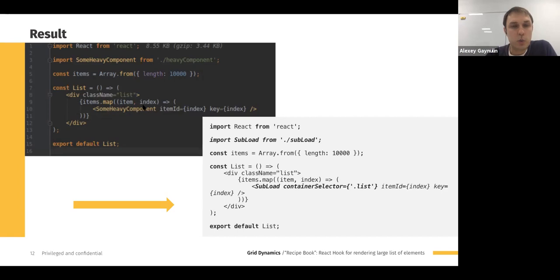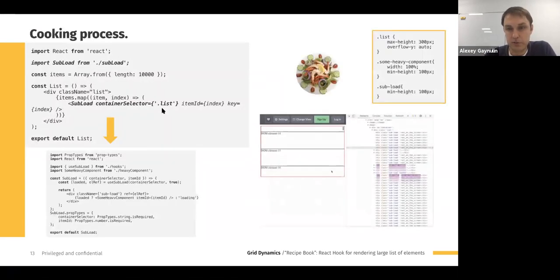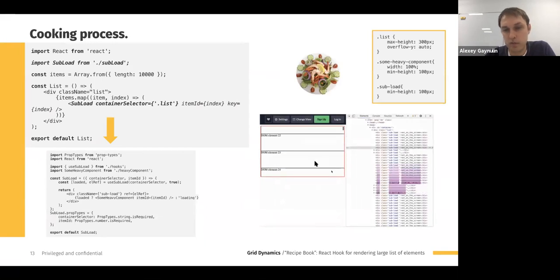And when it is rendered, we will send a request to the backend where, thanks to, for example, GraphQL, we will return the data for this component. But if we leave it as it is, there will be 10,000 requests for each heavy component. If we provide lazy loading for these components, we will do once again only 3, or maybe 4 or 5, not more,